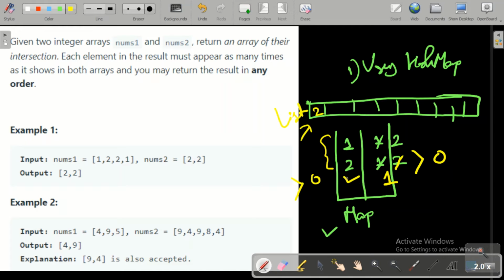So now again the for loop will run, this element is done. Now for this element again it will check whether this key is present in the hash map or not. Yes, it is present, and the count is greater than or equal to 0, so both conditions are satisfied. That's why another 2 will be stored here. After that, once we have completed our traversal of this array, we will store the intersecting values in